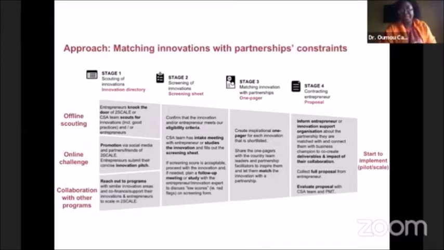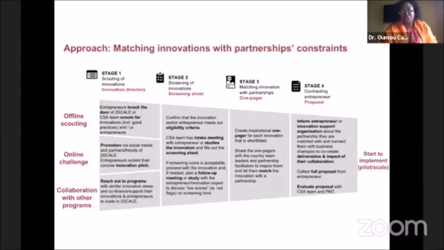So an example, a case in point, is a program that we have called the 2-Scale program, where we match innovations with partnership constraints. Basically, we know the types of constraints that farmers are looking to solve, and then we launch a call for innovations. Small innovators and entrepreneurs, those who have developed products that can address these constraints, respond to that call. From the scouting of innovations, you screen them, you match the innovation with the partnership, and you put together a business